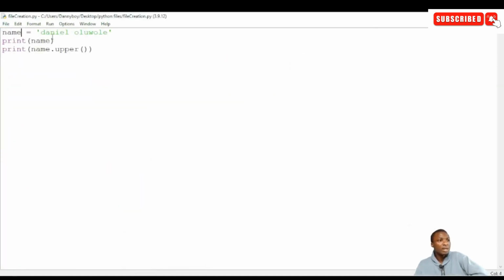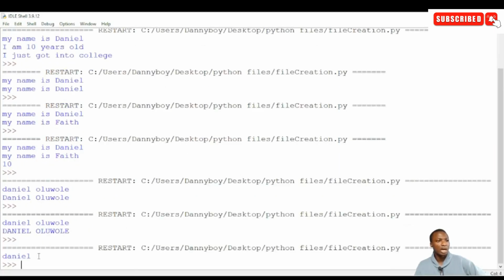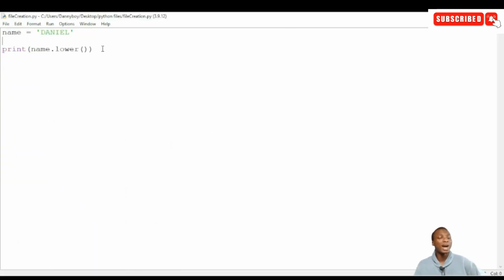So it printed the name Daniel Oluwole in lowercase, and it printed in upper. So once you have upper, you can also have lower. If I add this in uppercase, for example, name is Daniel. Let me print it in lowercase. That's name dot lower. It prints it as just lowercase Daniel. So those are some methods or commands that are reserved in your Python language that help you to work